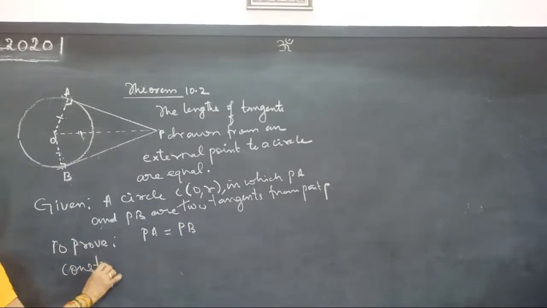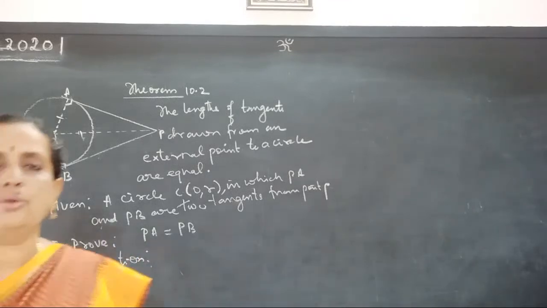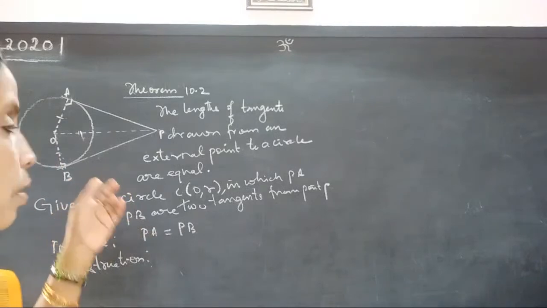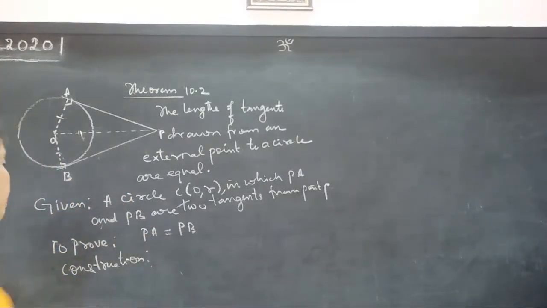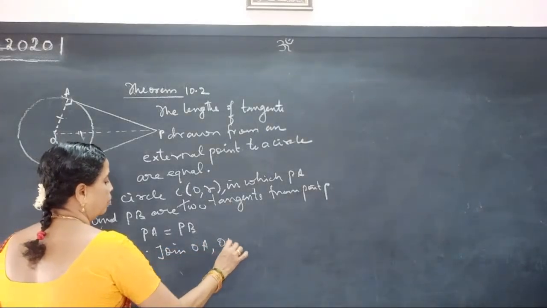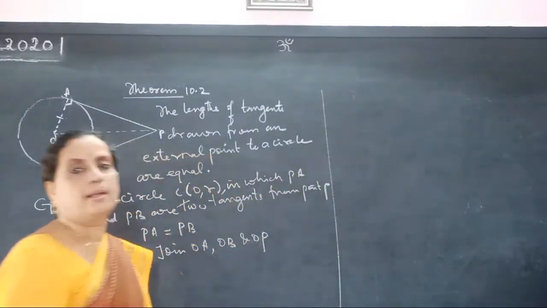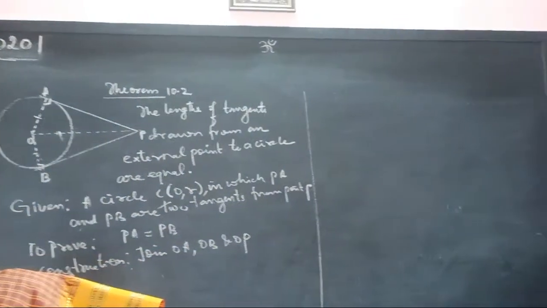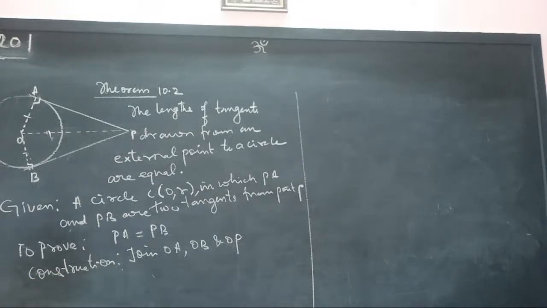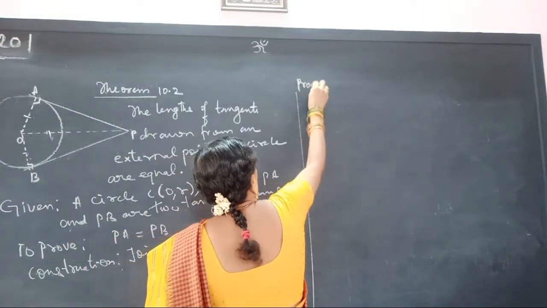Construction. What construction do we have to do? Join OA, OB and OP. So now see the triangles here in the figure. We have to show the triangles are congruent. When they are congruent, then PA equals PB will follow by CPCT. To do that, we consider, under the heading Proof,